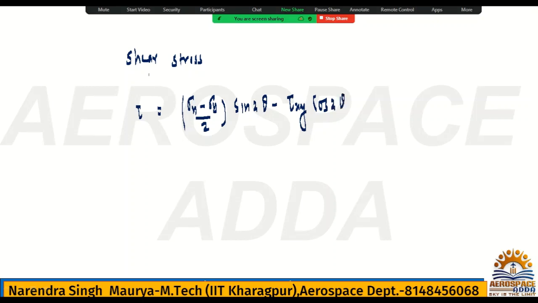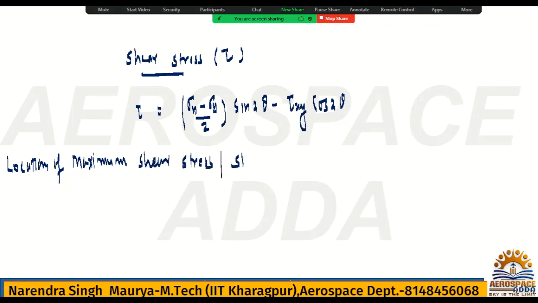cos 2 theta. So for this shear stress tau, if we want to maximize this tau value, what will we do? Simple, like we had done for the normal stress. We have to differentiate this and make it equal to 0. So we'll write here: location of